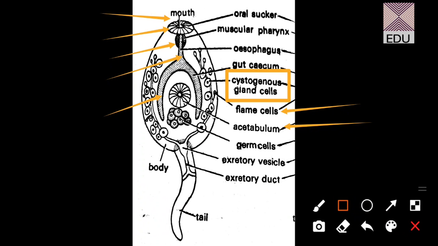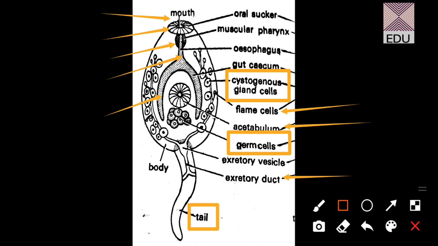Now here, the presence of the germ cells represents the rudiments of the adult genital systems. So that means these germ cells will be forming the various organ systems in the adult Fasciola hepatica. So here you have the excretory duct, which again closely resembles that of the adult Fasciola hepatica. So students, that was the cercaria larva, and it is coming out of the snail because it is having a